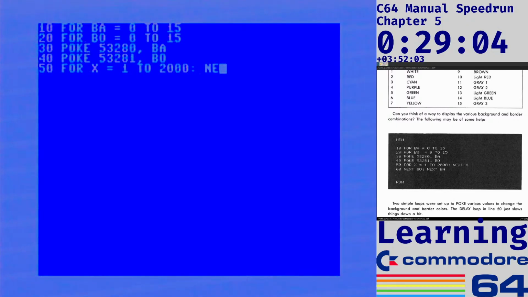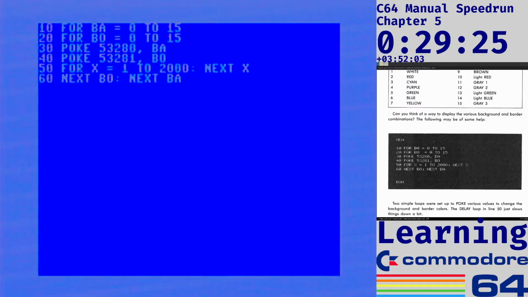Oops. Next X. 60 next BO colon next BA. Okay, so this is just going to go through